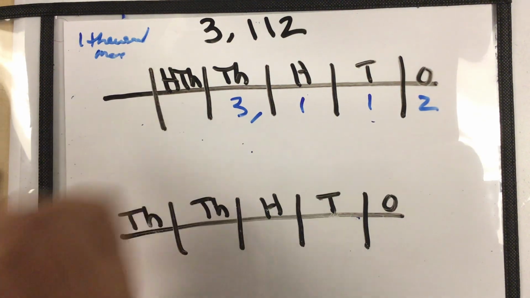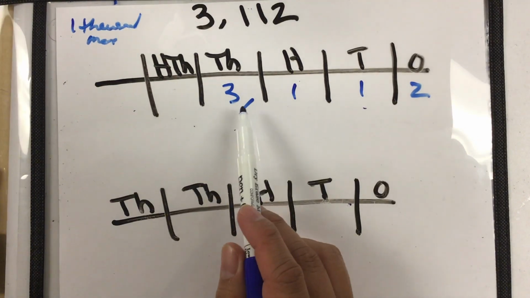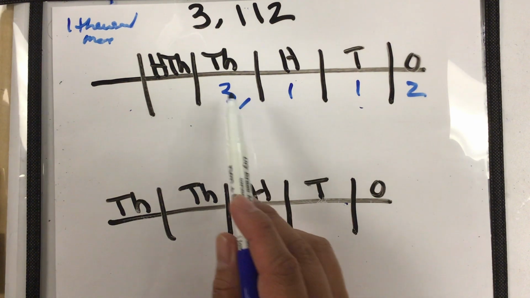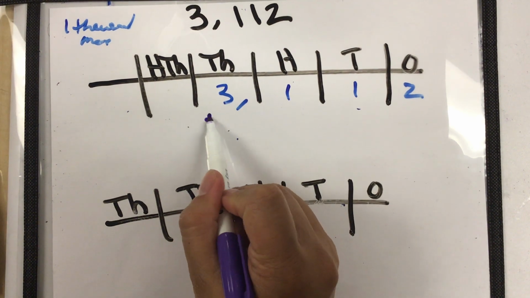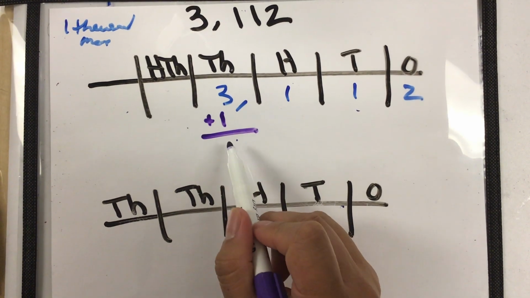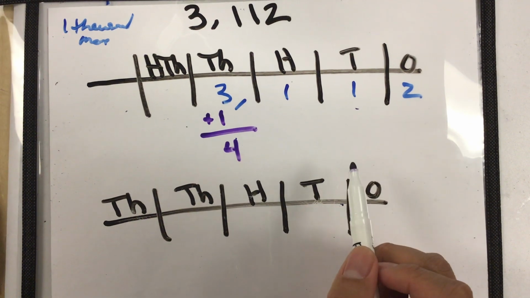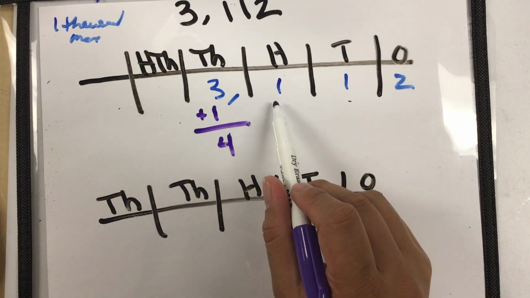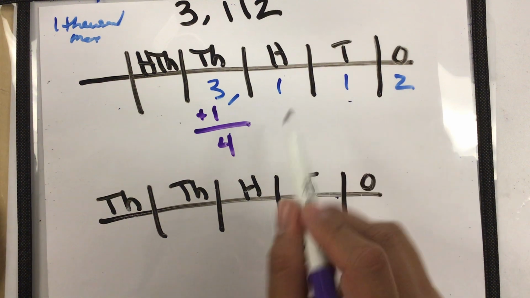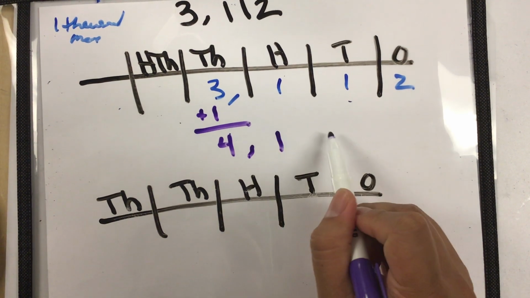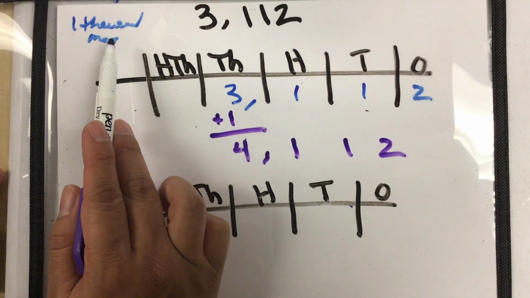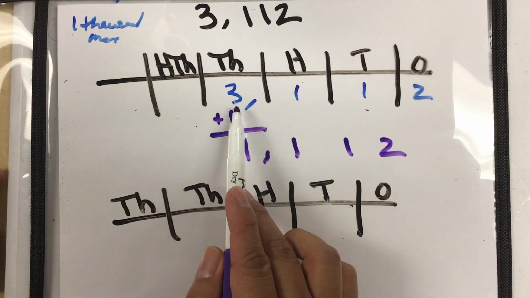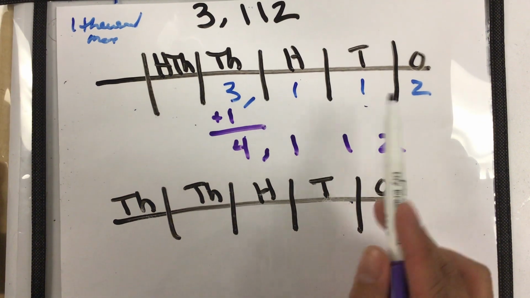more, we know that here we have our thousands. We need to add one more thousand. So we're going to write down below here plus 1,000, and then we're going to have a total of 4,000s. We did not add any hundreds, tens, or ones, so we can just bring the number down, and now we have 1,000 more of 3,112 is